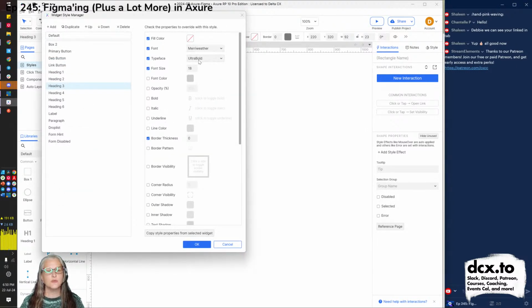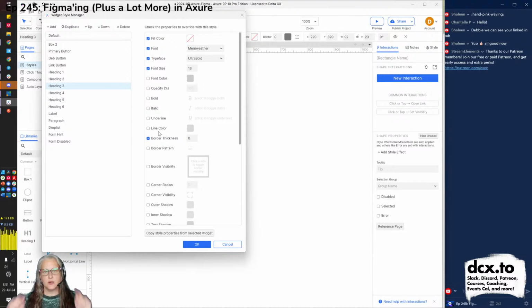So we can do fill color, font, the typeface, which would be usually a weight, font size, font color, opacity. Makes more sense for shapes and maybe backgrounds or overlays than necessarily a font. Bold, italic, underline. I do still recommend underlining for text links. That is best for accessibility.